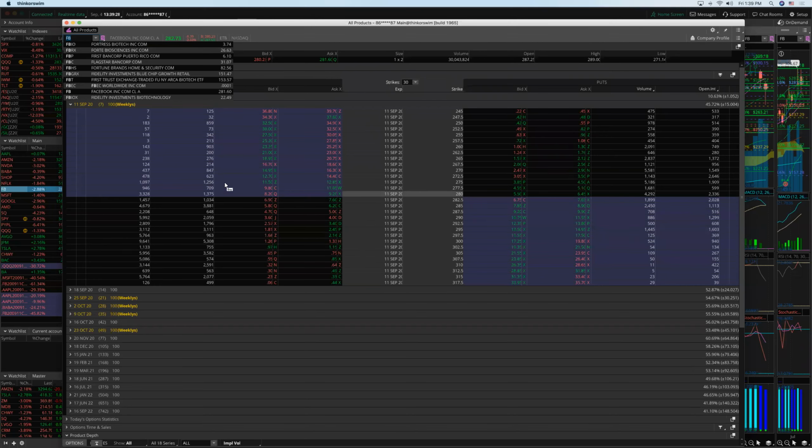FB, you can see here, next week options, 80 was 3,000, 75 was 1,000, and 85 was 4,000, and then you can see here 90 got 5,000. So you can see the higher numbers, the round numbers, have the most volume.